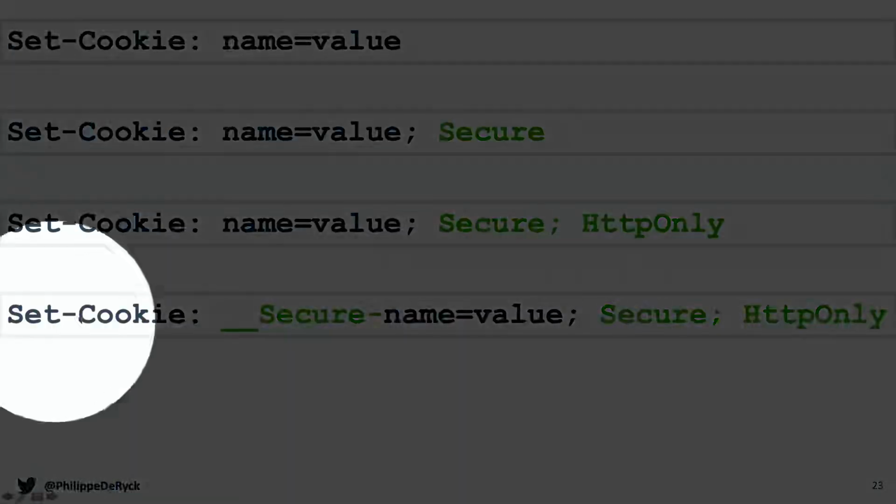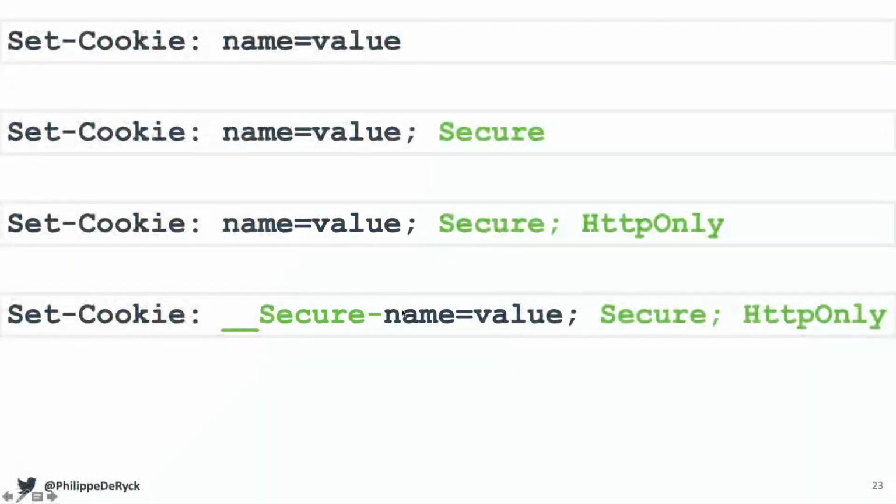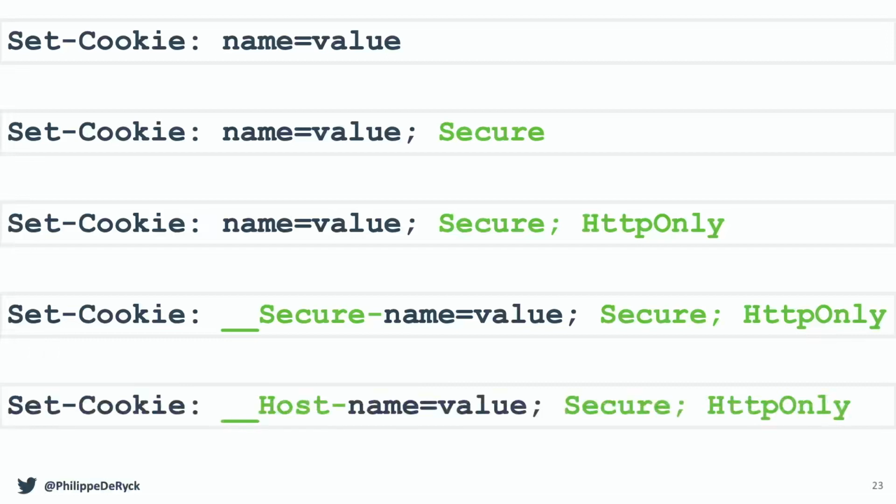So you can add a prefix called __Secure- to the name of the cookie. And if any non-Microsoft browser sees this, they will handle this very strictly. They will only accept it over HTTPS, and they will mandate that the secure flag is there. And then you can choose, maybe I should replace the secure prefix with a host prefix, which tells the browser, by the way, this cookie should only be sent back to the host that has set it. So it eliminates domain-wide cookies. So all of these are why nobody here likes cookies. It's a mess. Let's be honest, it's really messy. And adding stuff to the name of the cookie to make it work, it's not pretty.